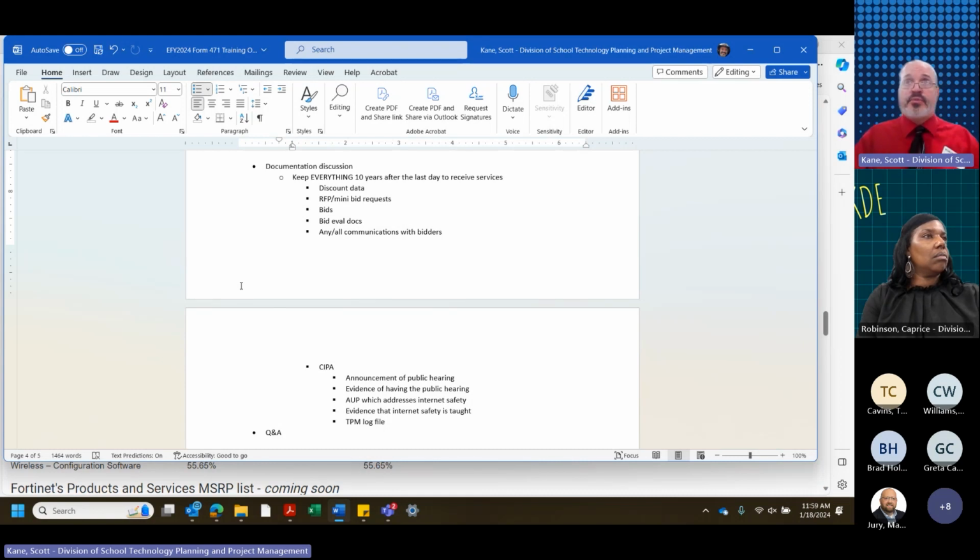The way to do that is to print out a log file from that TPM, from Lightspeed, and save that as a part of that year's E-rate documentation. If you have bus service and that bus service goes through a different filter, you'll need to grab a copy from that filter as well to show that it was working at the time. It just needs to be dated. It can be a single day's log, but it has to be somewhere within that school year, and it needs to show the sites that were blocked at that time.